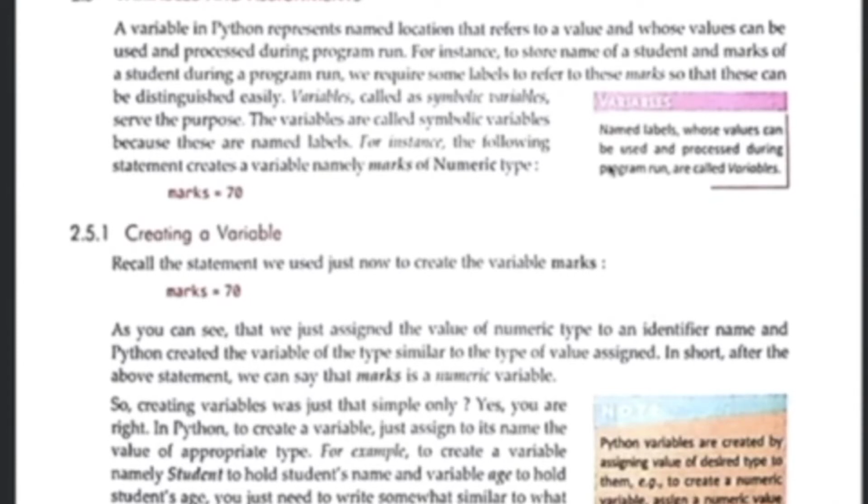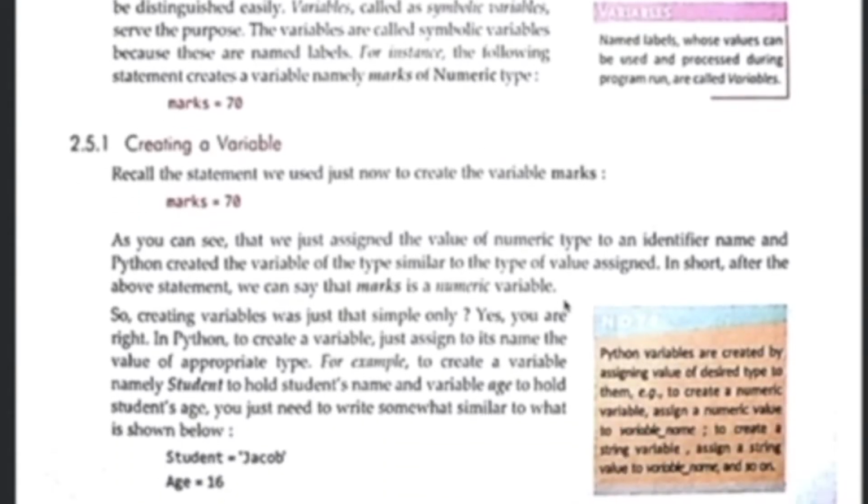Variables are basically like boxes in the memory location where we store a particular value. When used in the program, these can be printed or used for other calculations. Variables are also known as symbolic variables and they have a particular purpose. These variables can hold different types of values, like integers, strings or floats. So there are quite a few types.